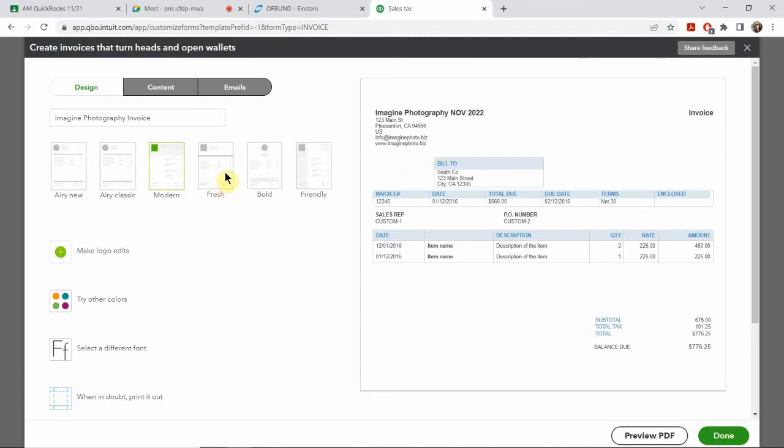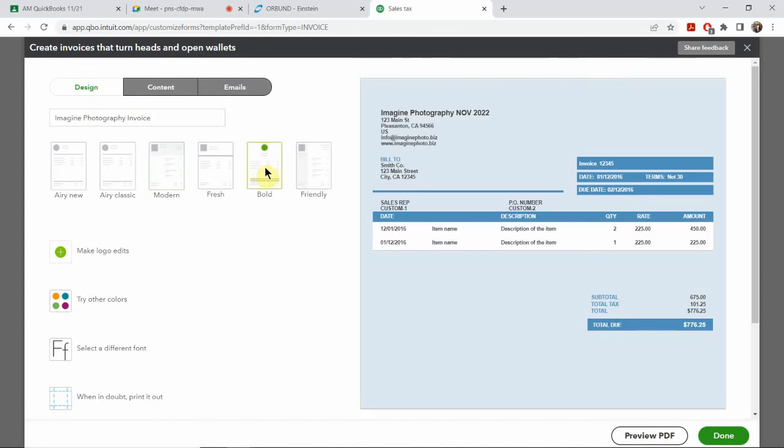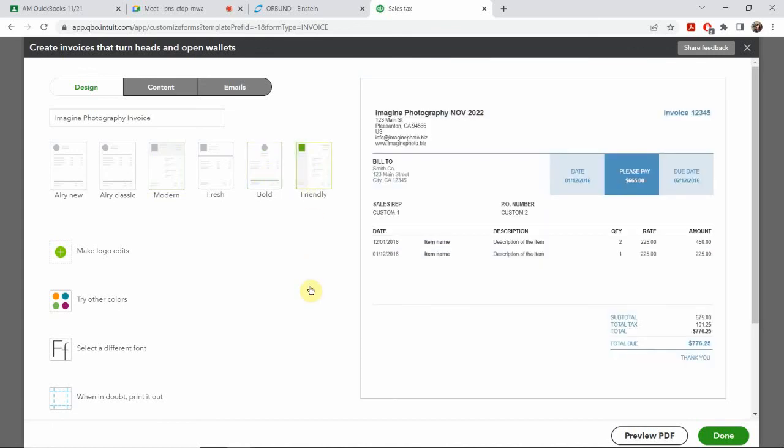Which is a preset form that they do. So it's like they combined different types of fonts together, and they also arrange the tables a little differently. So you can do a different one. You could do friendly, okay? So there are lots of different ones, and this one will help you save time, because again,